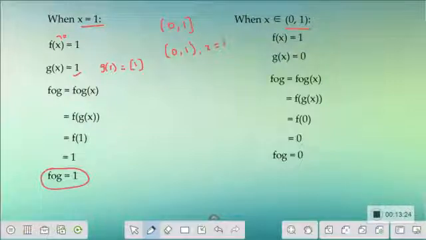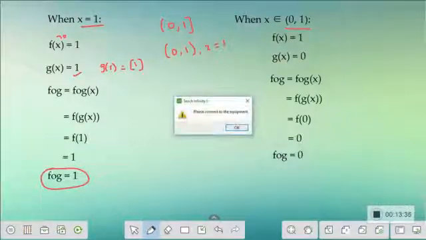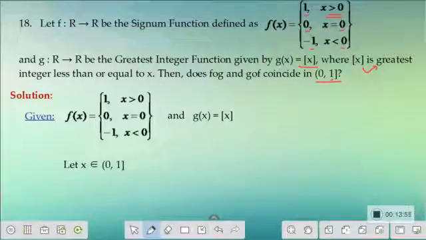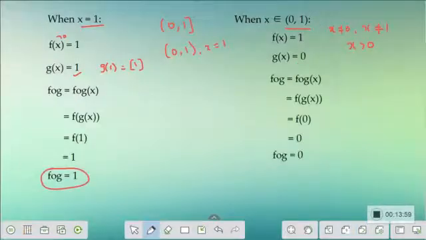Now let's discuss these values when x takes the value from the open interval (0, 1). Now what will be your f of x in this one? x can take any values from 0 to 1. That is, x is not equal to 0 and x is not equal to 1, but it can take all the values between 0 and 1. This means that obviously your x is greater than 0. So when your x is greater than 0, as per the definition, f of x is 1. So we have f of x as 1 here.